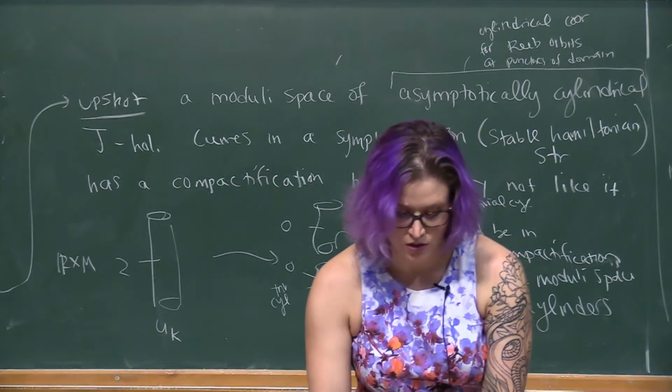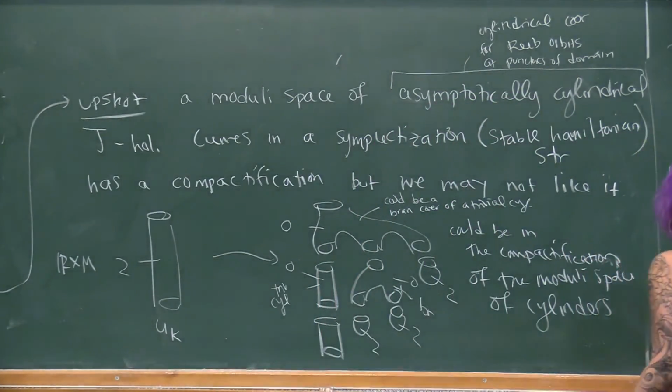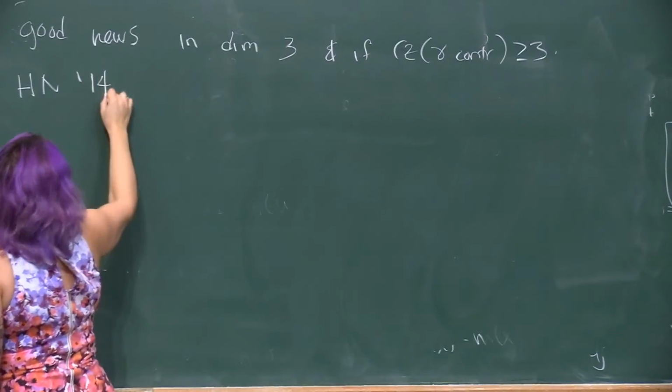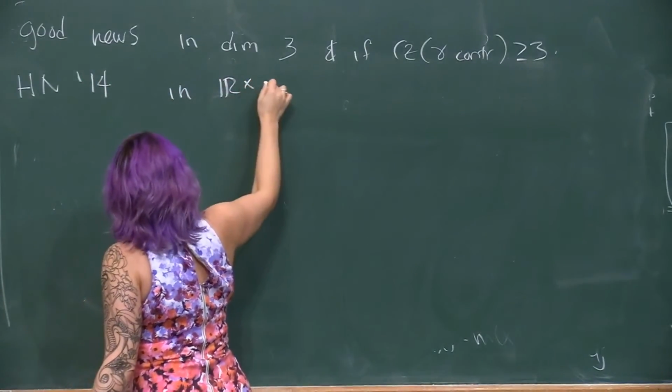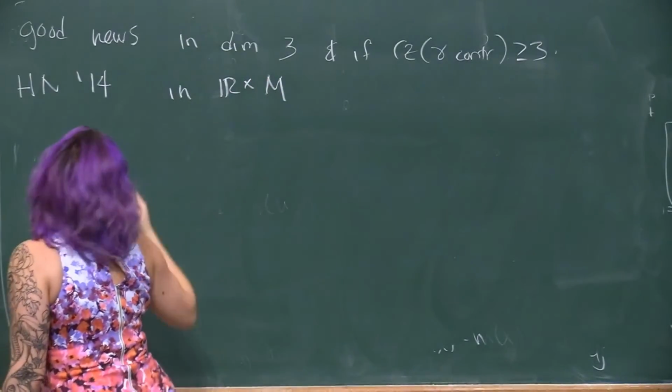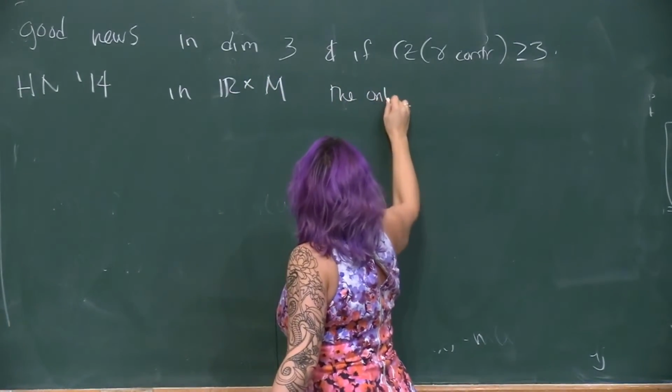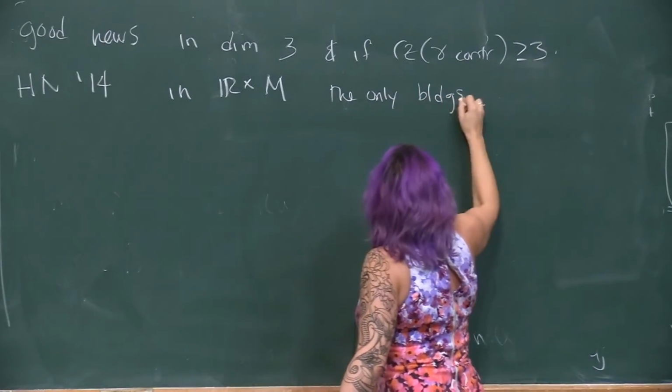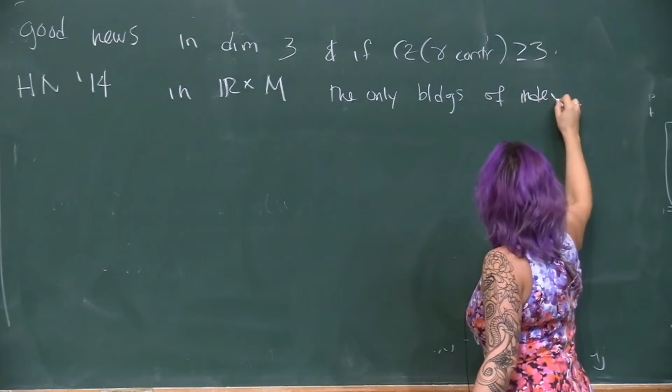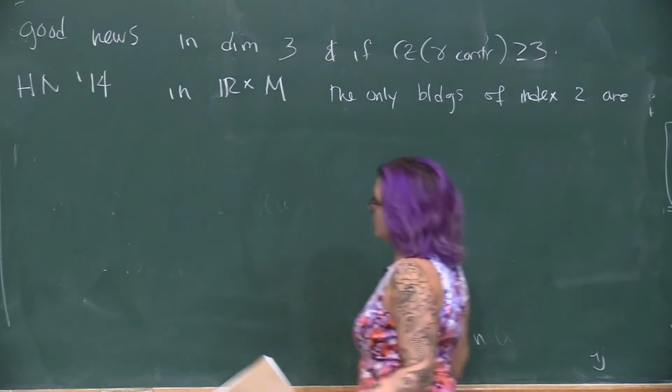So maybe what I'll say is that the good news is that in dimension 3, and if the Conley-Zander index of gamma contractible is always greater than or equal to 3, what Hutchings and I proved in our 2014 paper is that in a symplectization, the only buildings of index 2 are a cylinder